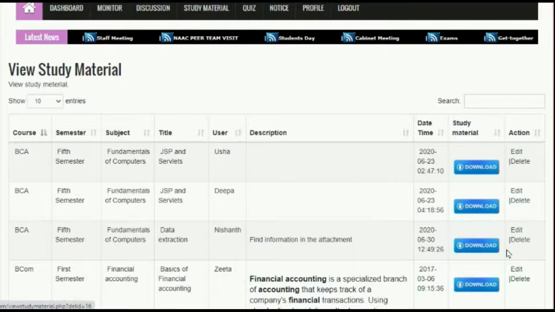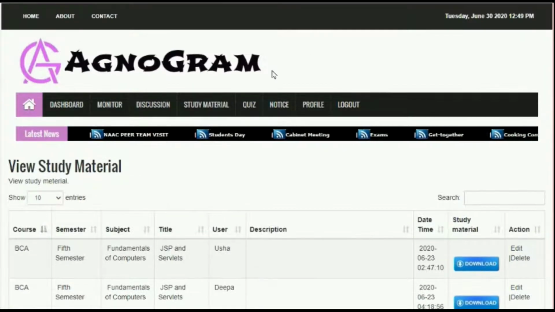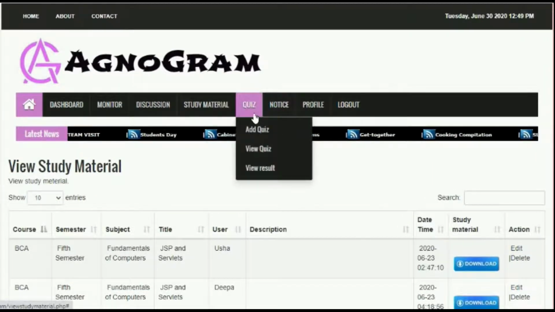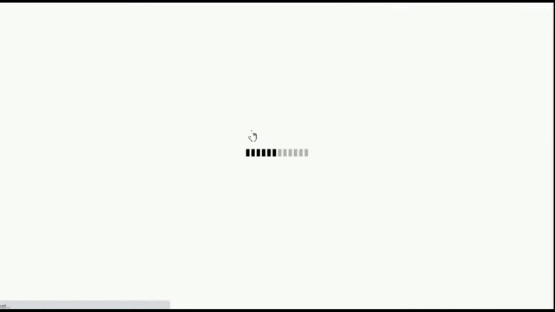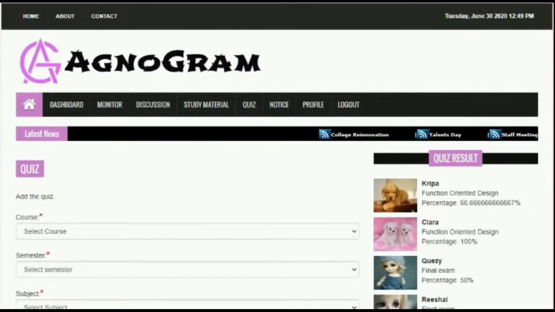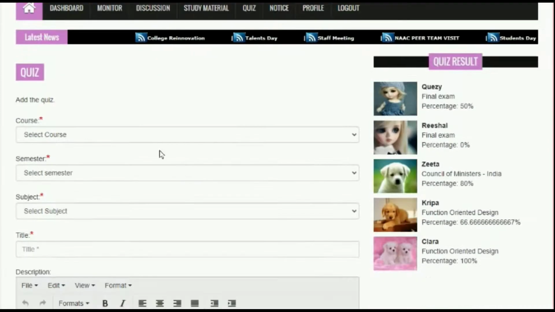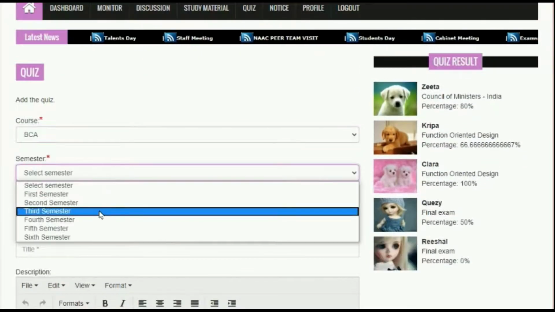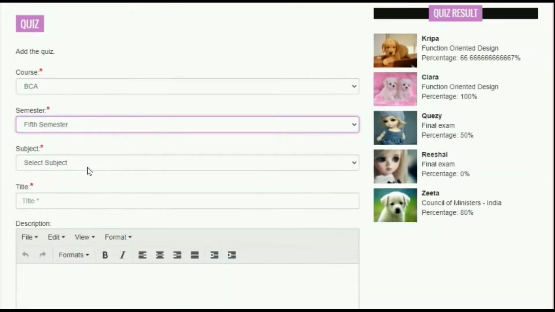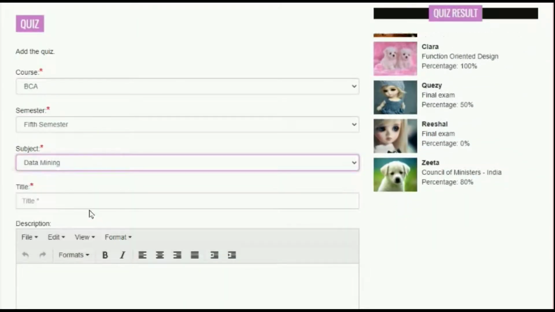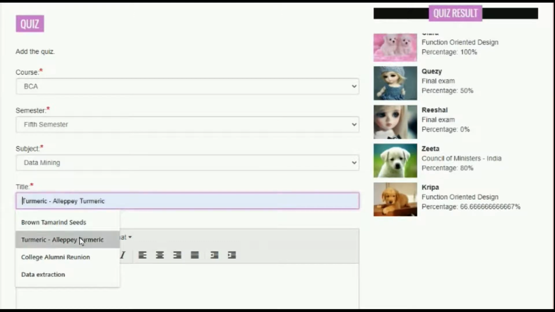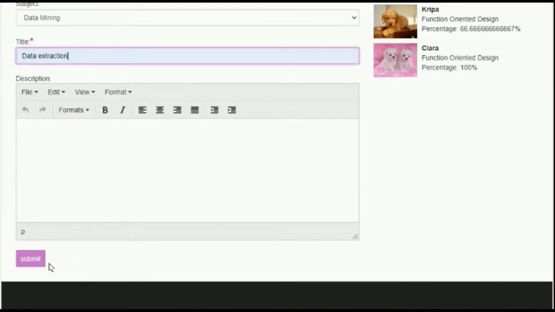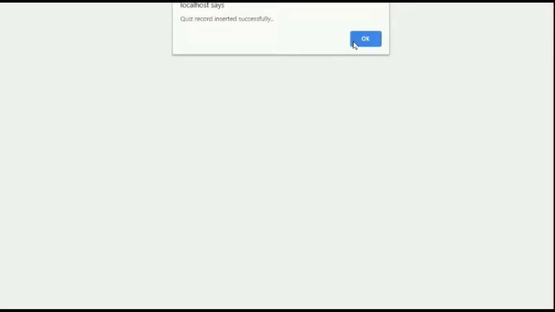Under quiz, staff can add quiz. That is by mentioning the course name, semester, subject, title and description. Staff can view the quiz under View Quiz.